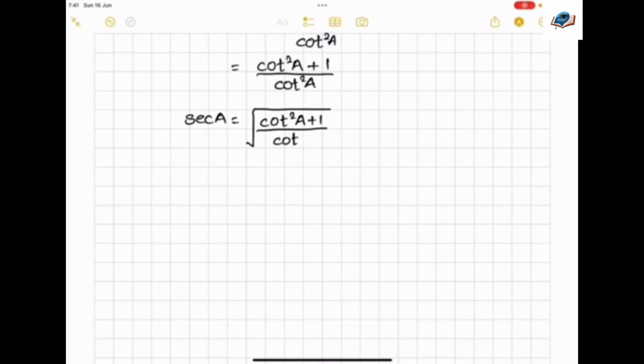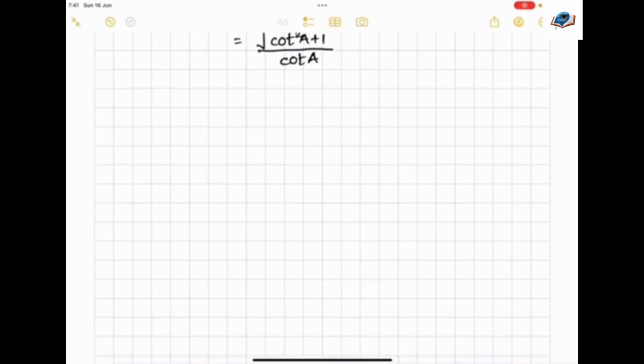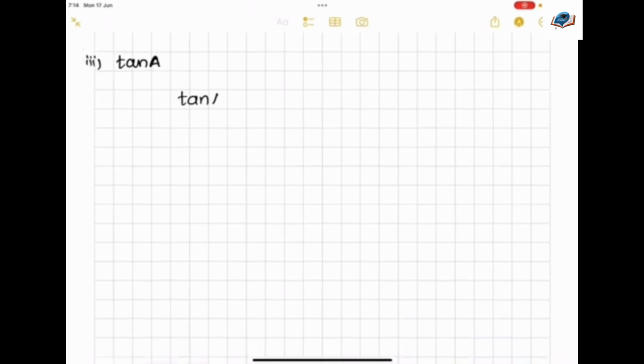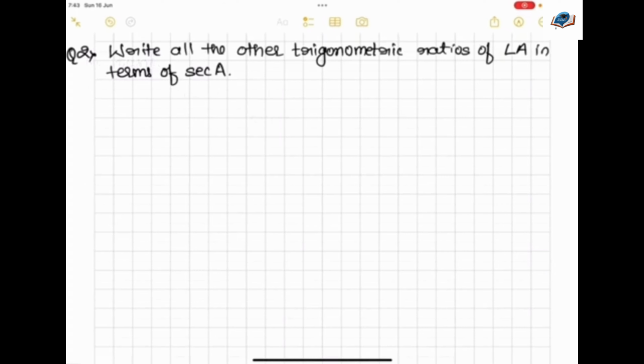So that will be root of cot square A plus 1 upon cot A. The third one is tan A. So tan A equal to 1 upon cot A. Now the second question says write all the other trigonometrical ratios of angle A in terms